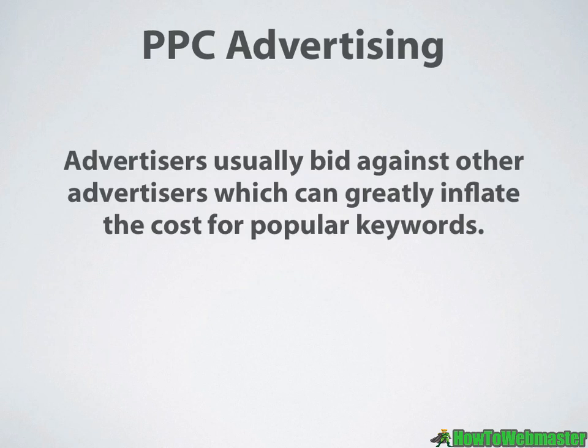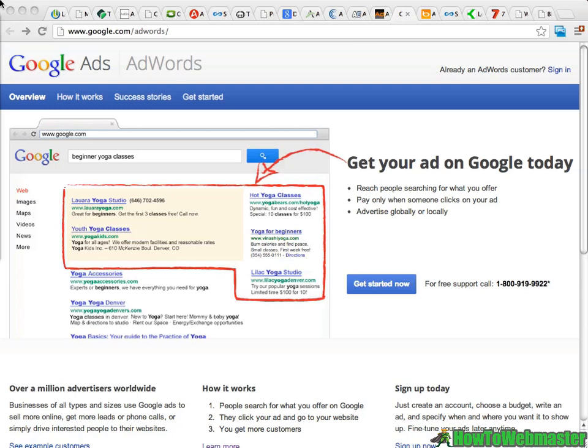Now, all that being said, let's jump right in and take a look at this first PPC advertising site, which is going to be Google Ads. Google AdWords is the most well-known and also the biggest of the PPC networks. Google AdWords is where a lot of people get their start with PPC advertising because they offer a lot of training videos on the inside. There are also a lot of tutorials, a lot of help available, and a lot of tools available to help you find the perfect keyword.